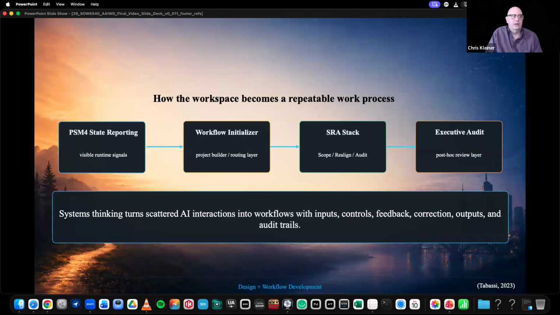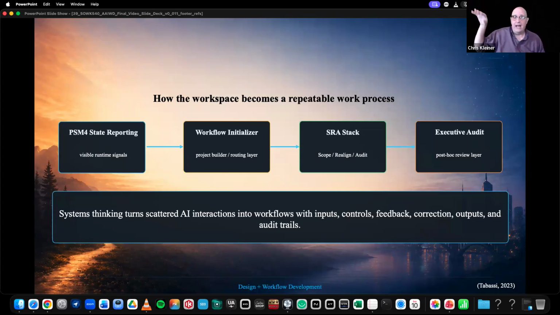How does it actually work though? So I've got my state reporting, which I just showed, and the workflow initializer, which is basically like a master root workflow that I bring into my first chat in a project folder. And I say, I'm going to do all of this. Let's walk through what I'm going to need to do. Let's figure it all out. Let me upload all my key documents or tell you what to check and let's verify that data. And then we're going to work together and break it into like 4 different steps.